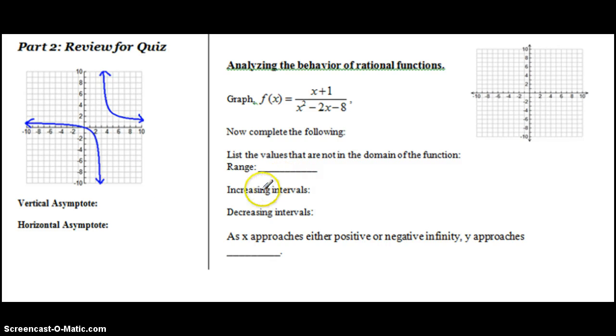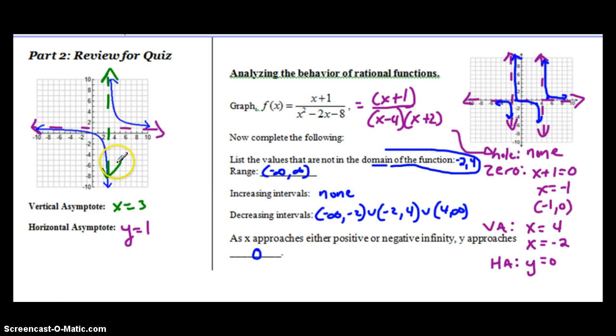Okay, for this first one, you should have found the vertical asymptote to be x equals 3 and the horizontal to be y equals 1. And then here for our behavior, we either use the graphing by hand or the calculator. You should have found that there were gaps at the asymptotes in the domain of -2 and 4, and this to be your answers for the other. Please see us if you need